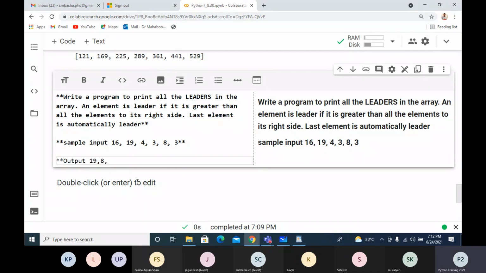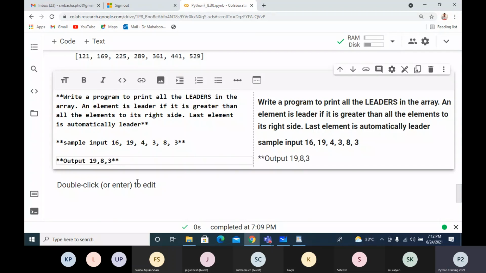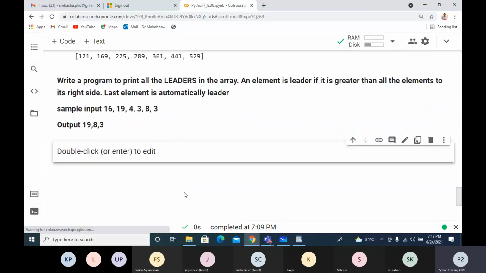So a number is considered as leader if it is greater than all the elements right side to it. That's why 19 is leader, 16 is not leader because it is not greater than all elements right side to it. 4 cannot be, 3 cannot be, but 8 can be. And 3 is the last item, so it is a leader.